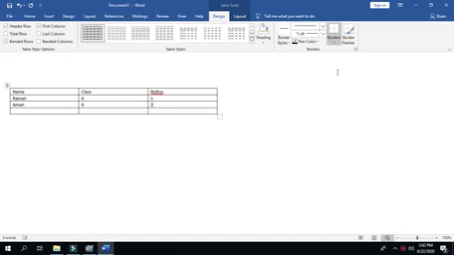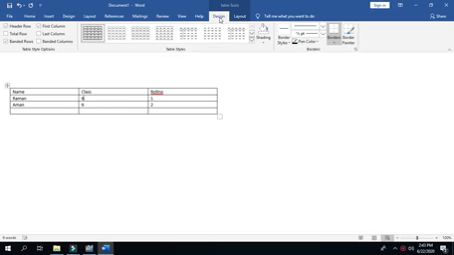So our next topic is applying table styles. We can format our table by assigning the formatting styles that are designed specifically for tables. It means that there are a variety of table styles that we can use to apply various designs, various shadings, various colors. So to apply different designs to the table, we will click anywhere in the table.